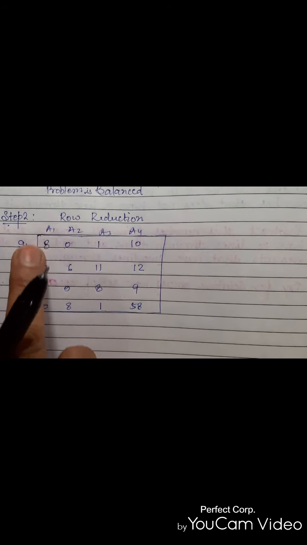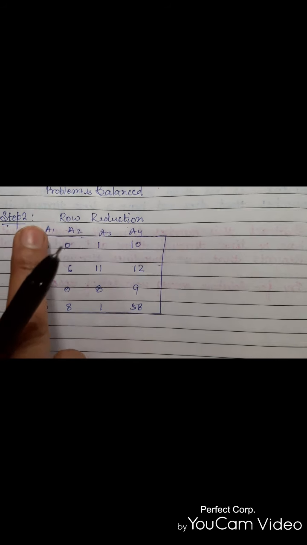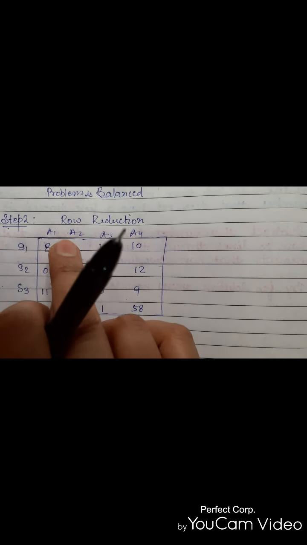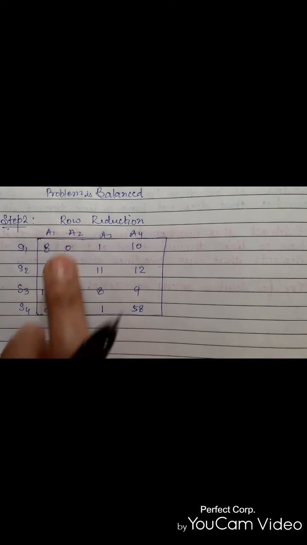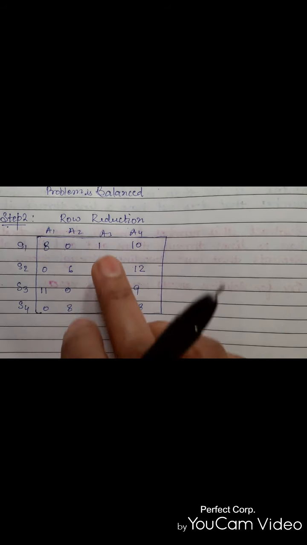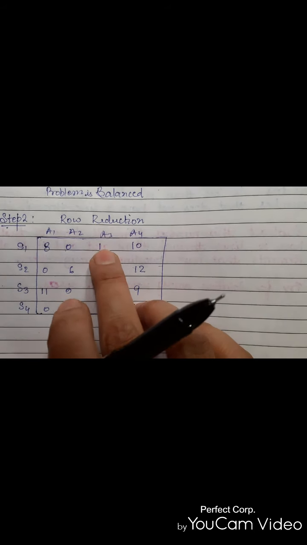So we will start from the first column, and in the first column you can see that the minimum element is 0. So we will get no reduction here. In the same manner, when we go through the second column, again the smallest element is 0. So this column will remain the same. So the first and the second columns will remain the same in column reduction. Now we move to the third column. In the third column, you will find that the minimum element is 1. So we will deduct 1 from all the corresponding elements.